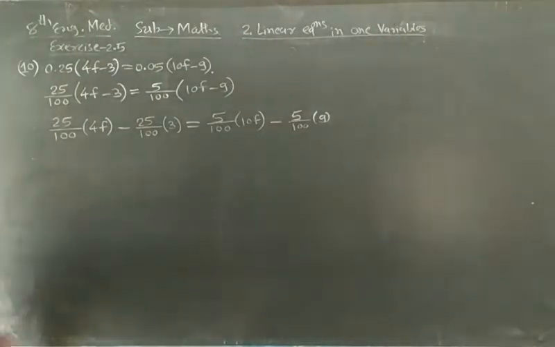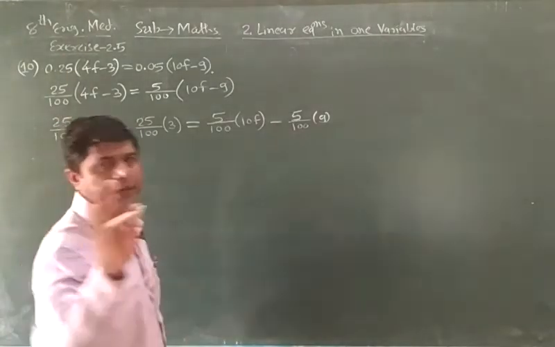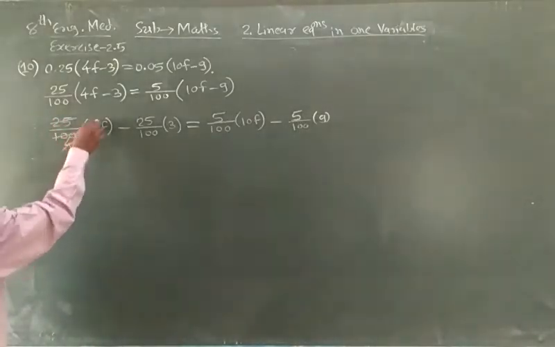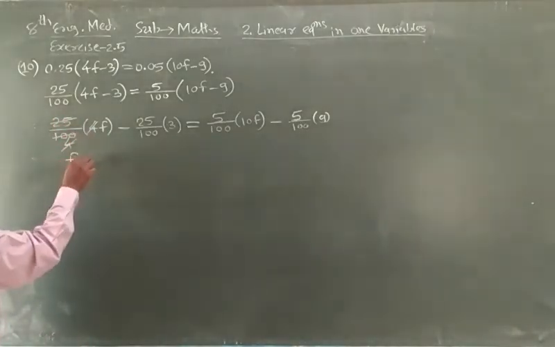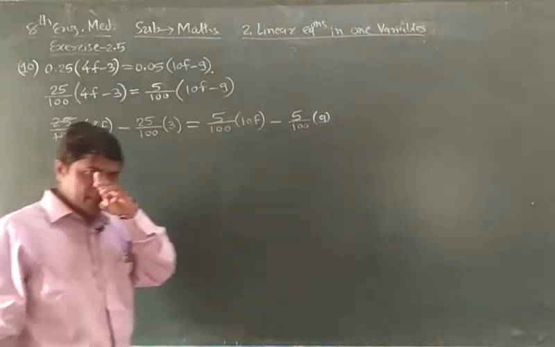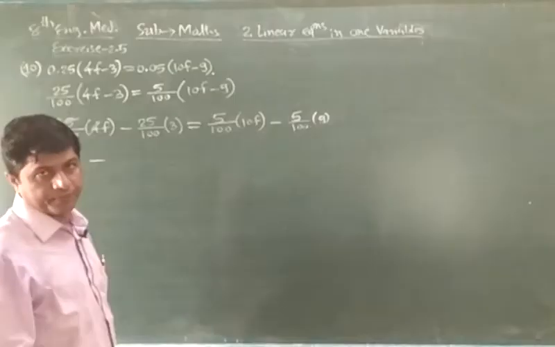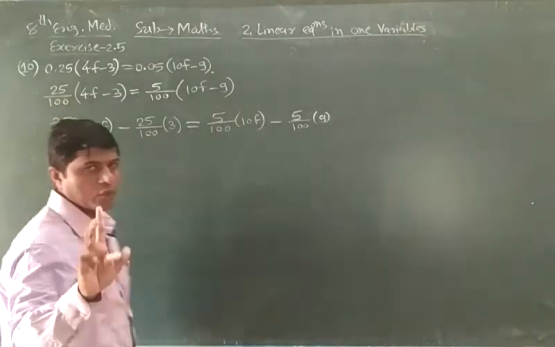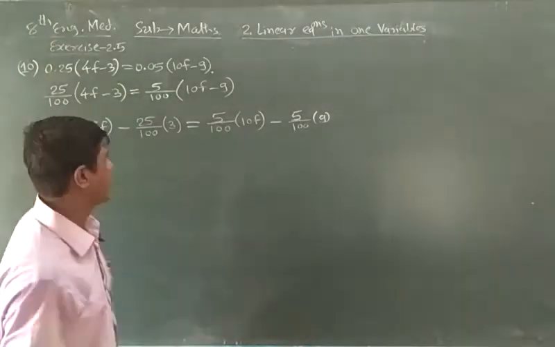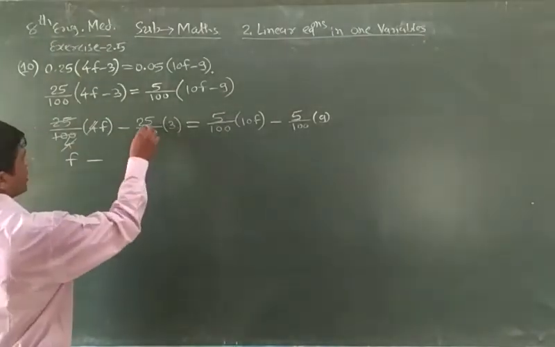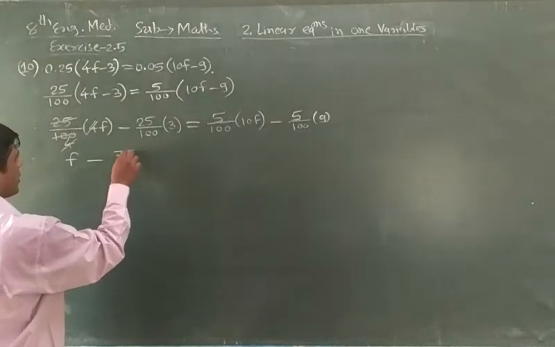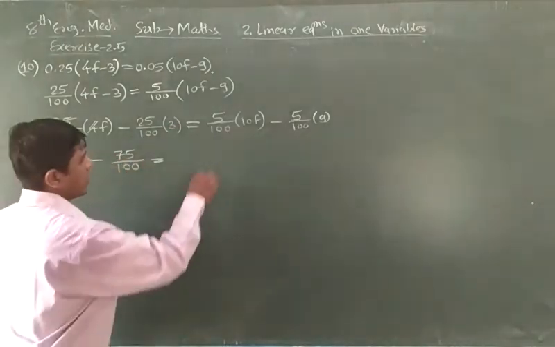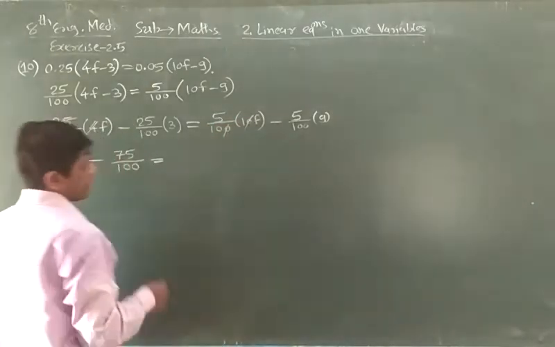So here we know 25 fours are 100. Okay, 25 fours are 100 and 4 cuts, so remaining only 4f. Now here no cut, so 25 this cut, but pointing, so don't cut. 100, so easily for pointing. 25 threes are 75 by 100. Okay, now 0 0 cut.